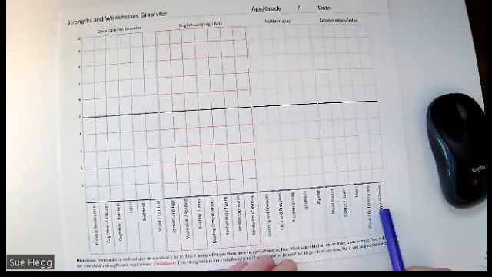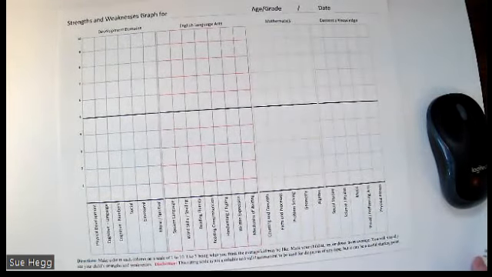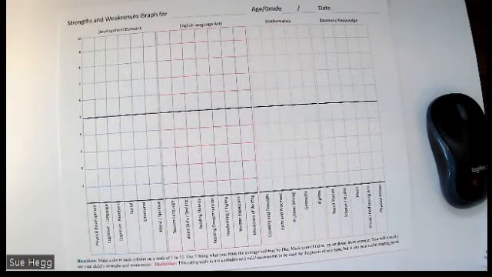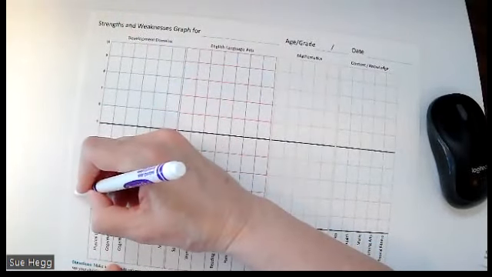And then we're going to look at content knowledge, which is social studies, science, and then some of the fine arts. You can add more categories if you want to. If any of these categories don't apply to your child, cross them off and add something else in or just skip it. Now, when I look at this, the rating scale of 1 to 10, I want to look at